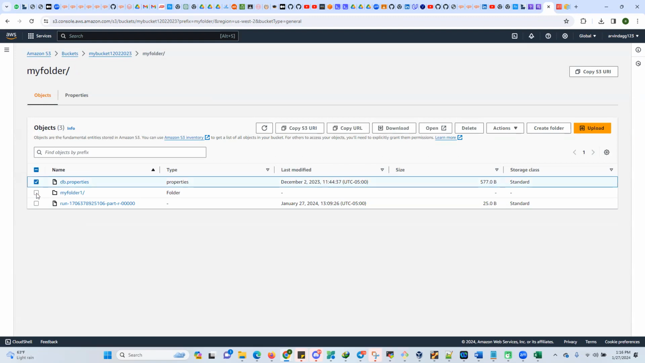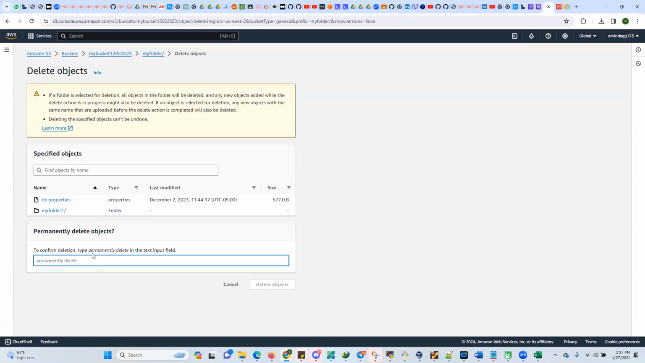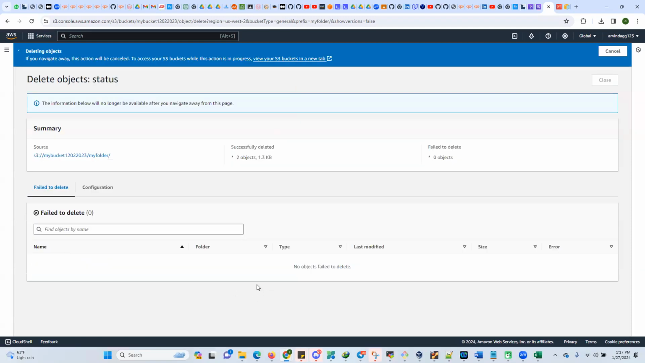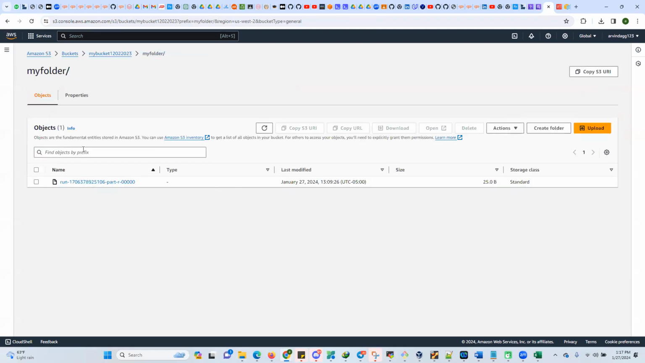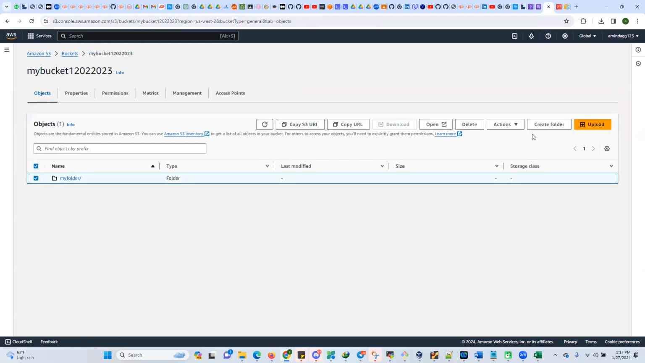We should not keep anything else. I should select the folder where nothing is there. It should be empty, then only Athena will work properly, otherwise Athena will not. Okay, so now I'm giving this particular folder,